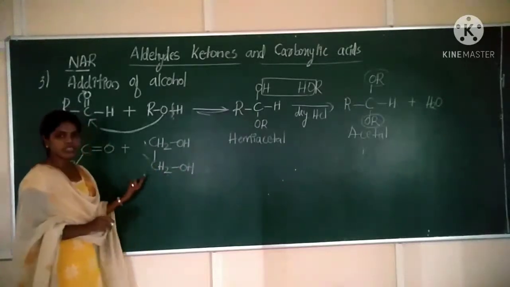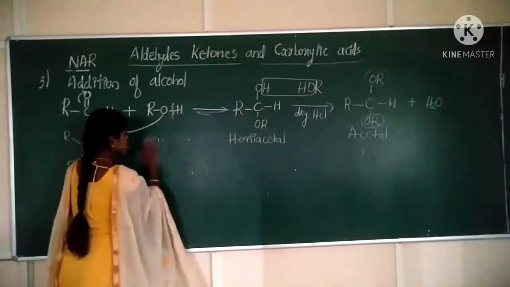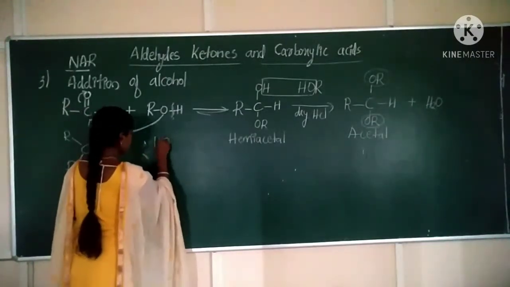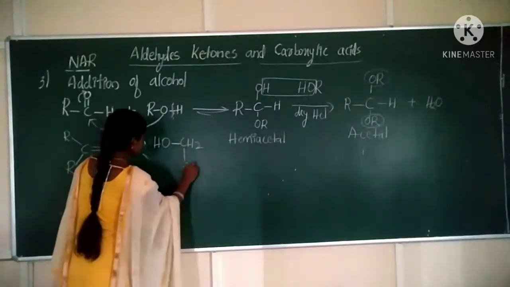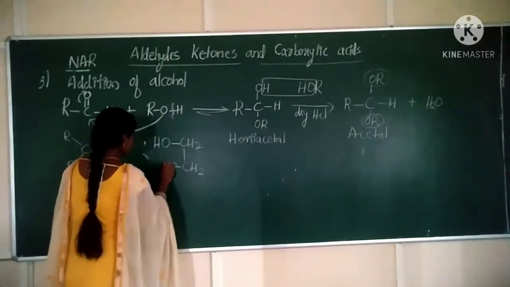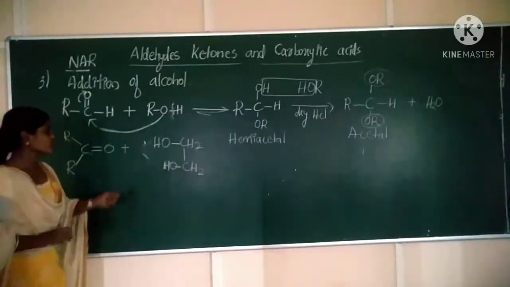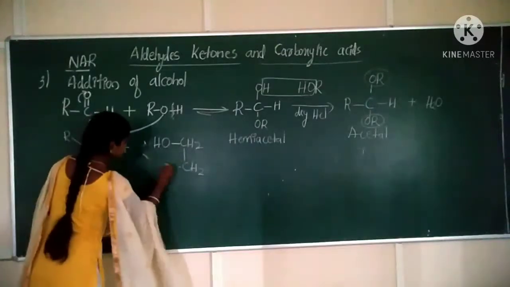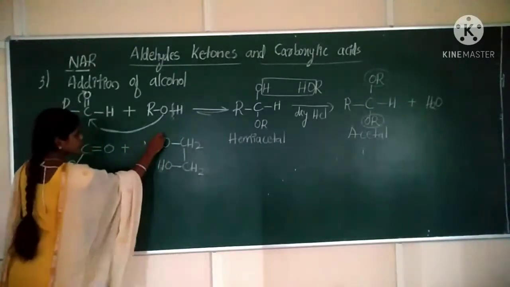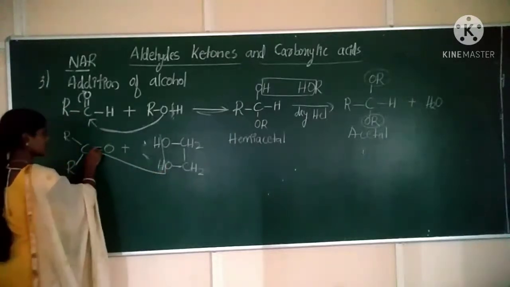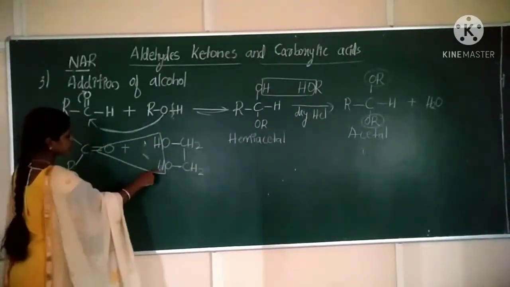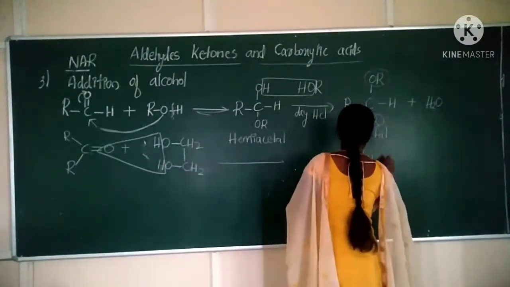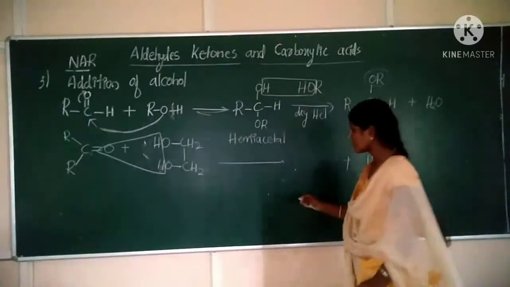Now I write this reaction. I write this formula in the reverse order. Look at here, like HO CH2 OH, because to remove a water molecule it will be easy. Okay. Now remove 2 hydrogens from here and 1 oxygen from here. It means a water molecule is coming out. Water molecule will come. Now what remains?